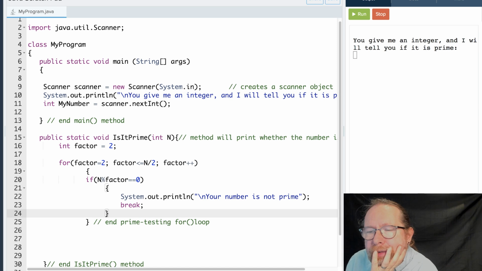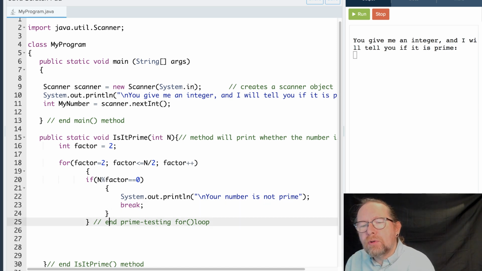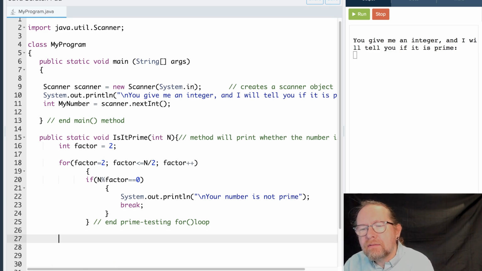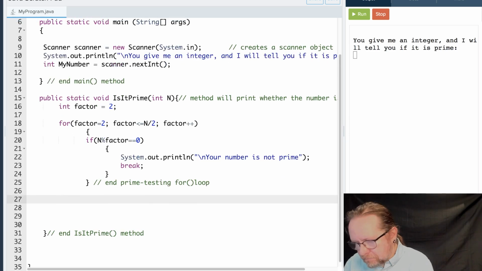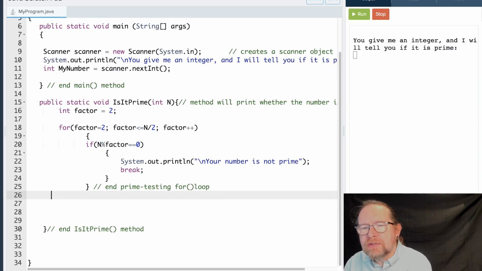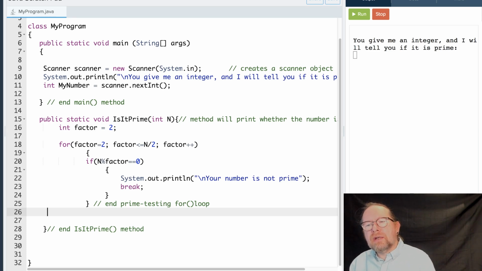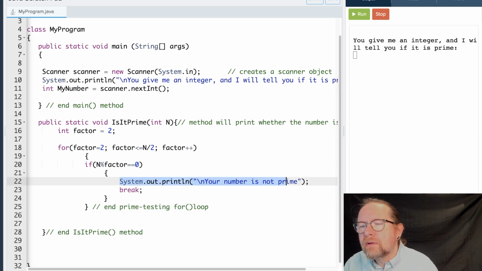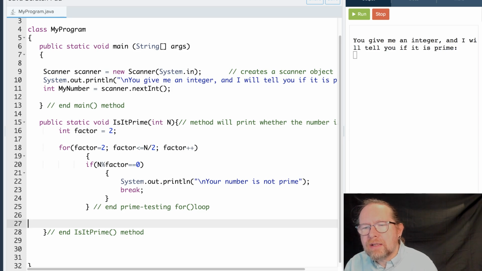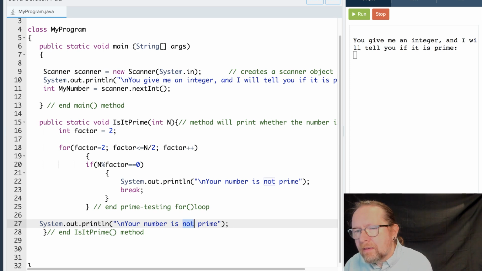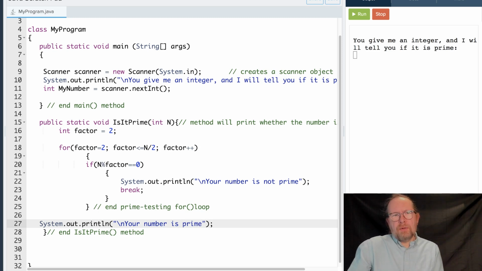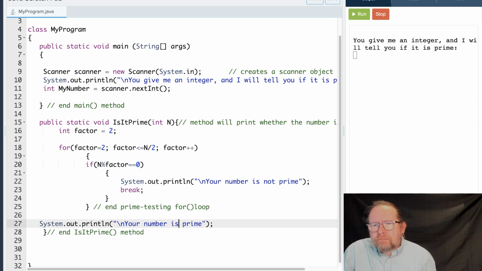If I get all the way to the end of the for loop and I haven't done that, I know my number is prime. So if I'm not returning a value, I just need to print your number is prime. If I make it to the end of my for loop, I should be able to just print my number is prime, and then